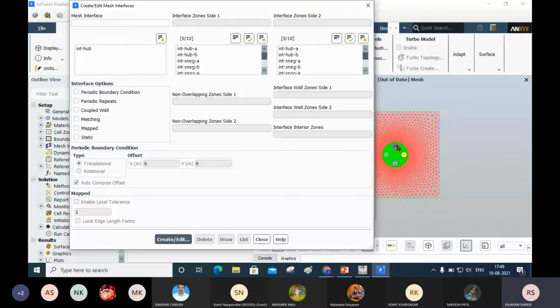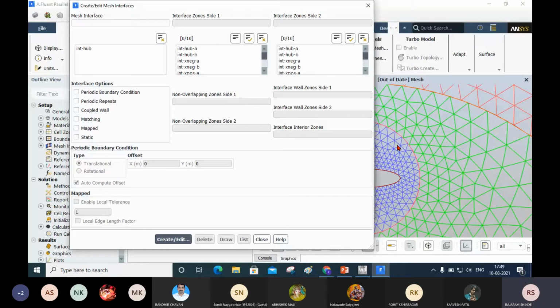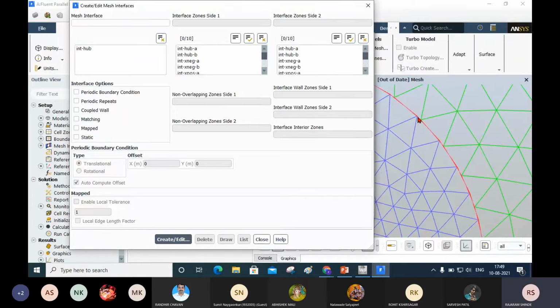Okay, I will show you this here. If you observe this location, there is no conformal mesh between this blade and this outer zone, that is the rotor zone, or core zone. Now for this there is a name, that is y positive a, and here this name is y positive b. And you have to make the interface between these two, so that the results between these nodal points will be interpolated. Now I will give the second name.